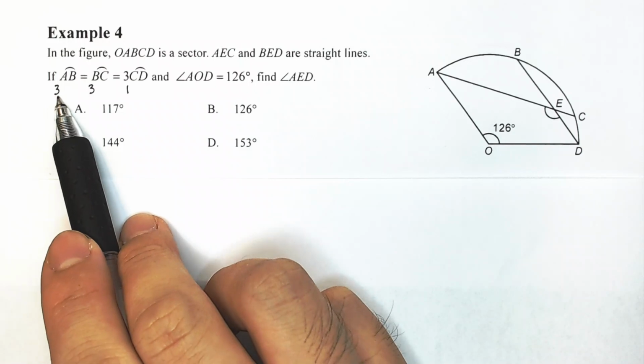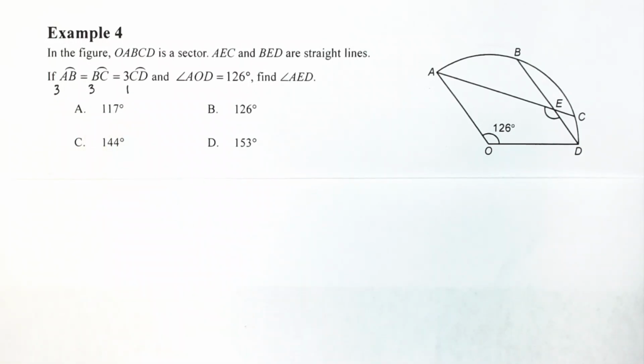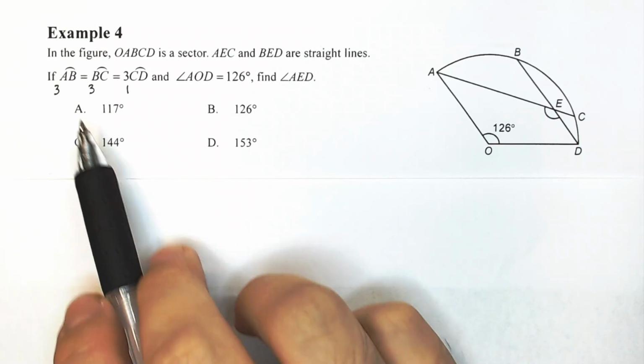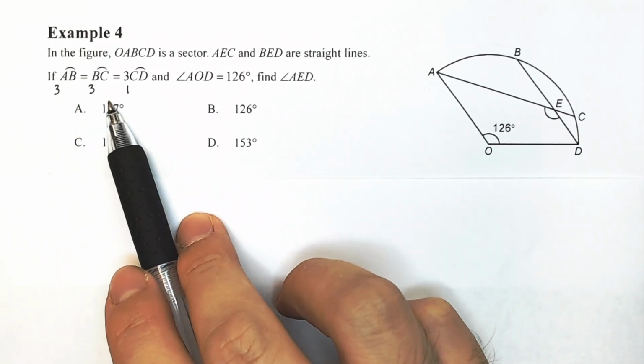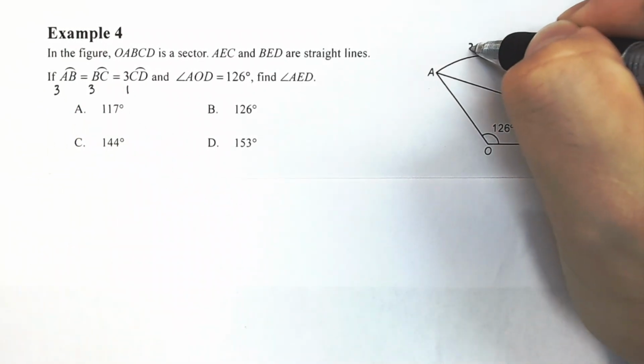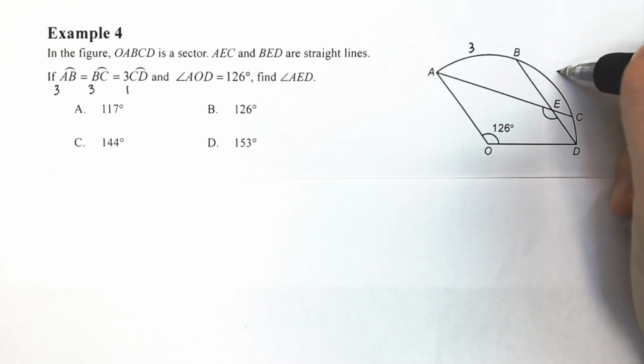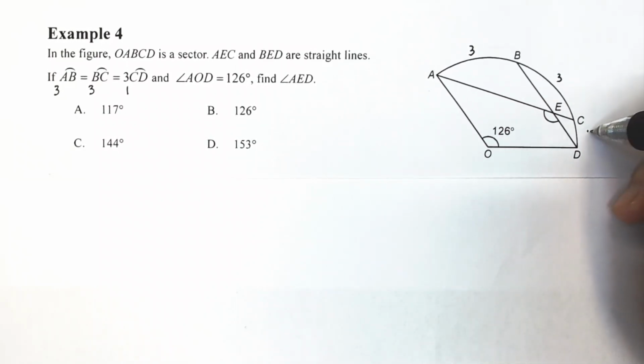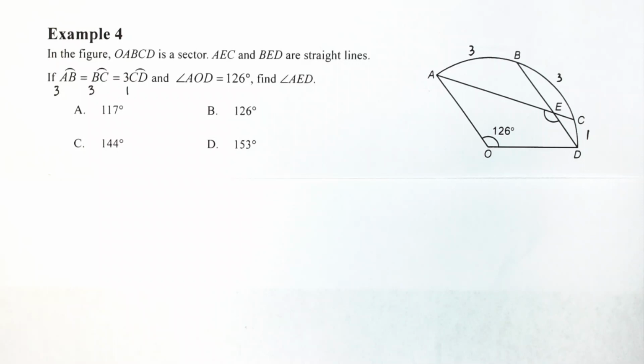And the numbers 3, 3 and 1 are actually the ratio of the arc lengths of AB, BC and CD. So that means when I get this piece of information, I can write down that the arc lengths of AB, BC and CD are of this ratio 3, 3 and 1. Okay? And next,